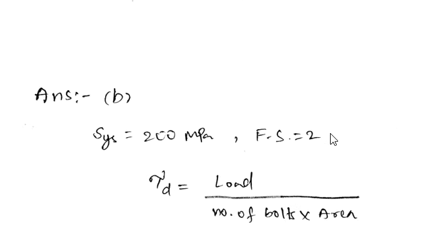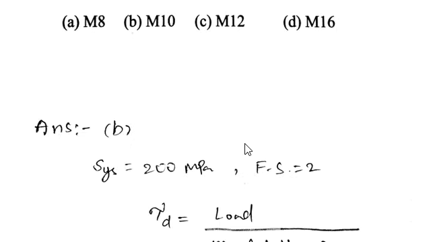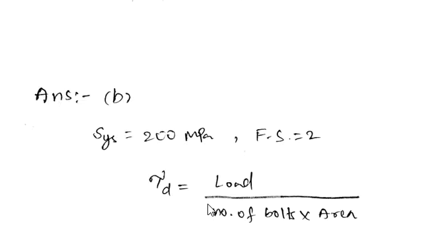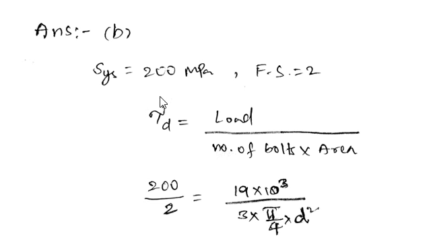And if you write the load, you can write stress into area, and here n number of bolts is used, 3 bolts are used. So you can write load equals stress into area into number of bolts, and from that stress equals load by number of bolts into area. And stress here, while we are taking in the design, you will substitute the design stress. So the design stress means the allowable yield stress by the factor of safety. That's what we have written here, 200 by 2.